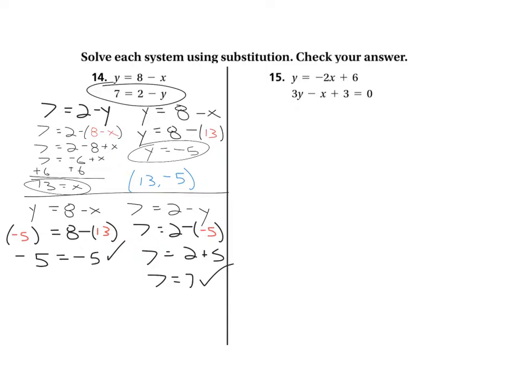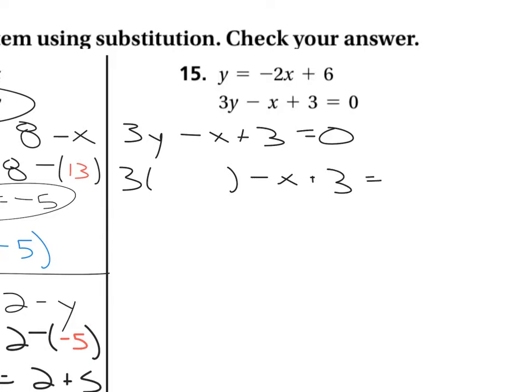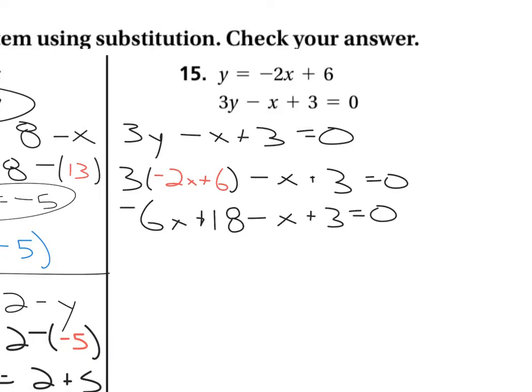Okay, we're going to do the same thing for this one now. We know what y is equal to. It's equal to negative 2x plus 6. So I'm going to write this first equation, 3y minus x plus 3 equals 0. And I'm going to substitute in y with 3 parentheses. And what does y equal? Negative 2x plus 6. So when we distribute that through, we get negative 6x plus 18 minus x plus 3